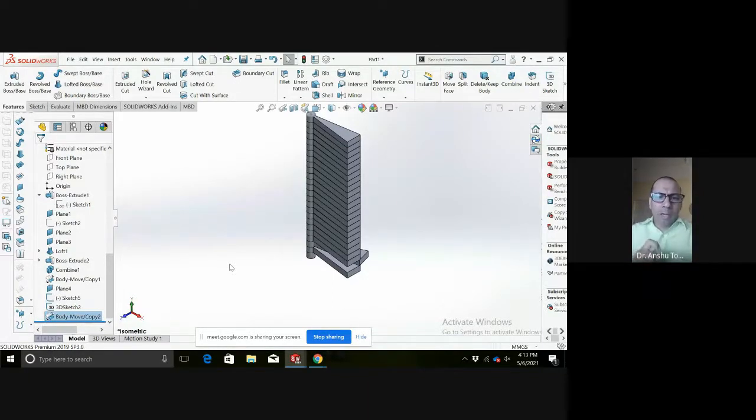Unless we give an axis, we won't be able to fix the angle of rotation.